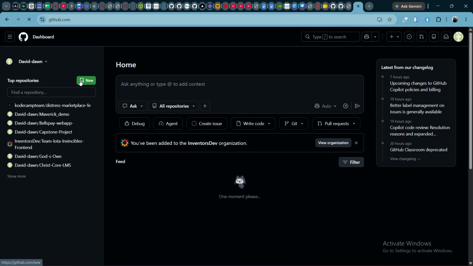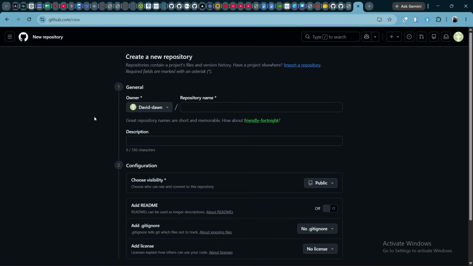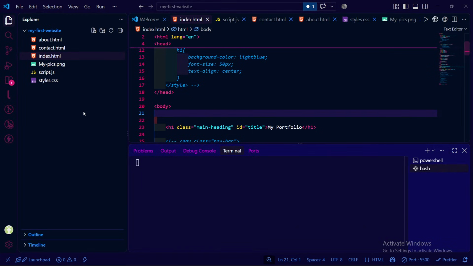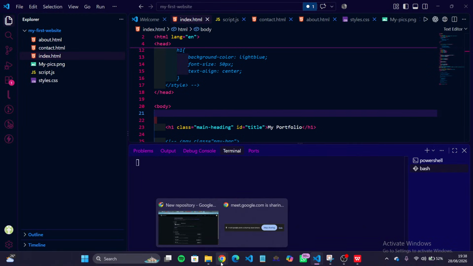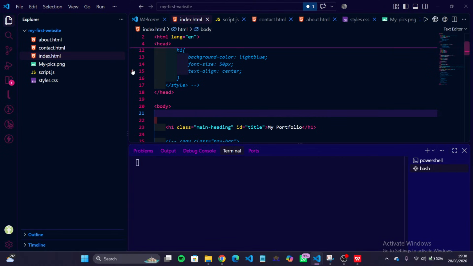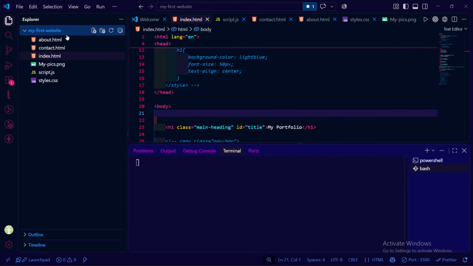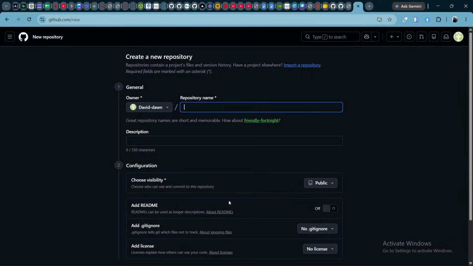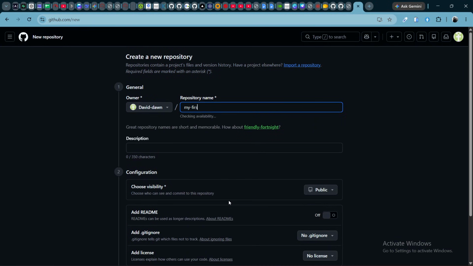I want to show us the developer workflow. You can name the repo anything, but I mostly name my repository the name of my project. So this project here, we called it my first website. I won't name it that because that's not my first website. I'll just name it my first website